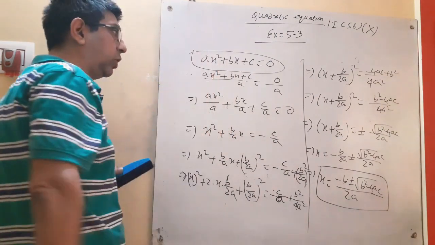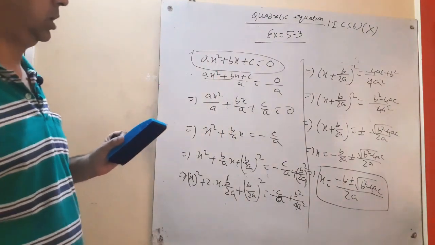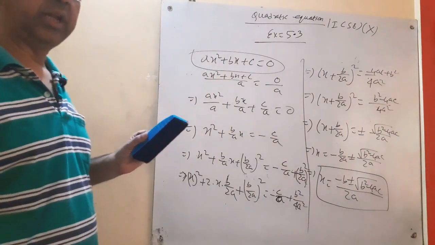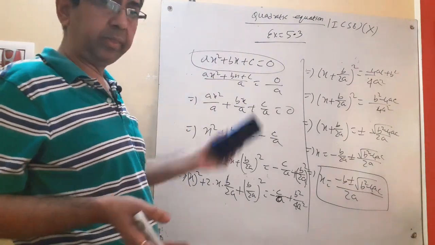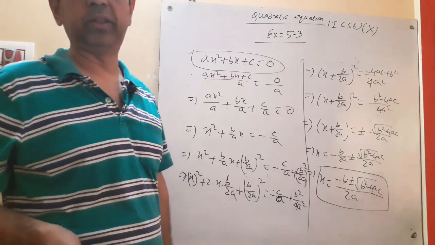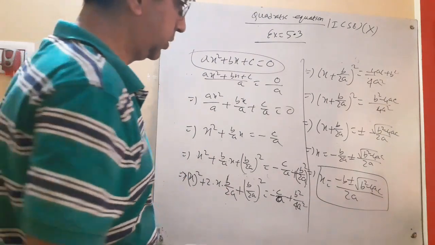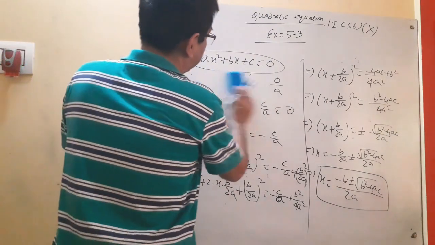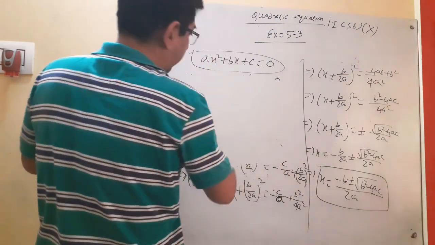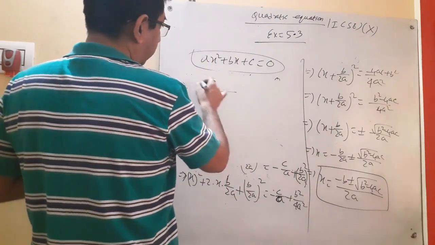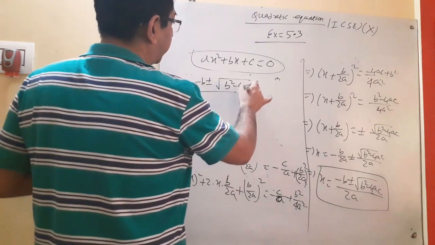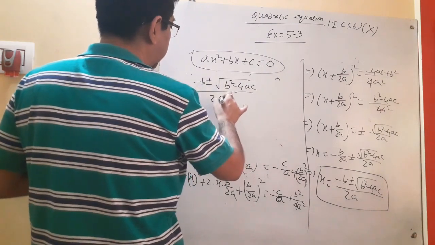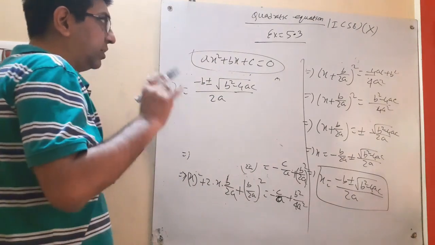This is the standard quadratic equation. So whatever equation is given, at first we have to convert it into this form, then we can apply this formula. This is called the Sridhar Acharya method. So from this we get x equal to minus b plus minus root over b square minus 4ac by 2a. Now what are a, b, c? This part you have to remember.